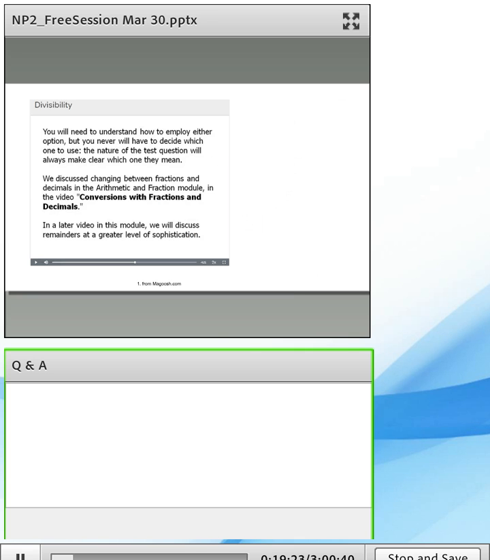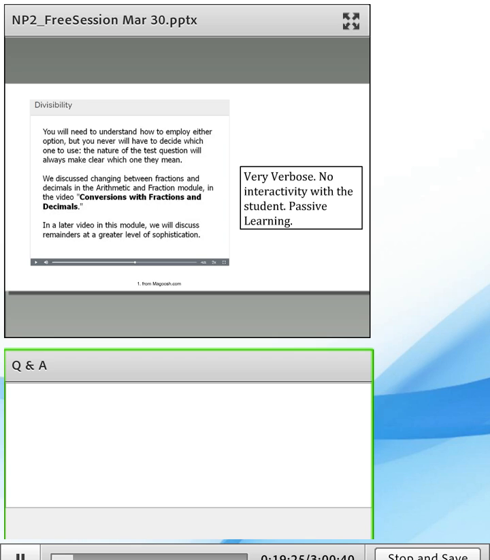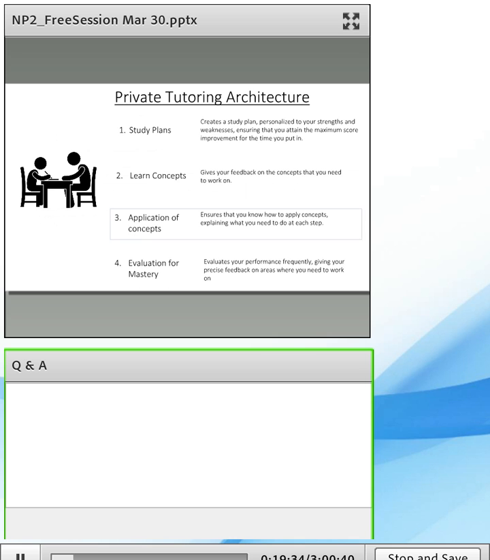Now compare this to the learning on the Magoosh course, and what you're going to find is it's very text heavy. There's very little interactivity. Essentially, this is a book which is given to you in an audio-visual format. Next part is learning how to apply, or teaching you how to apply concepts, because essentially just knowing concepts isn't as useful.